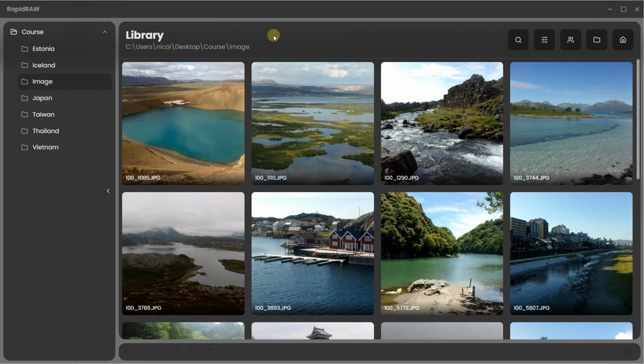And in this video we are going to see how to start with the adjustment. So we have different types of adjustments that we can use, and we are going to see how we can